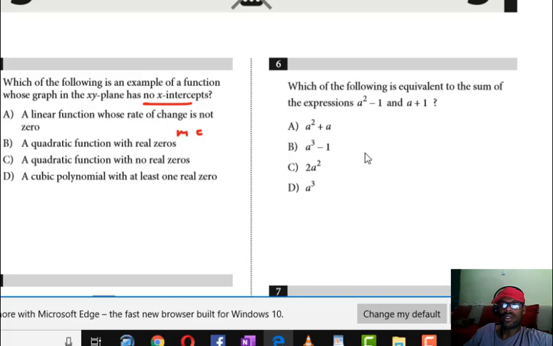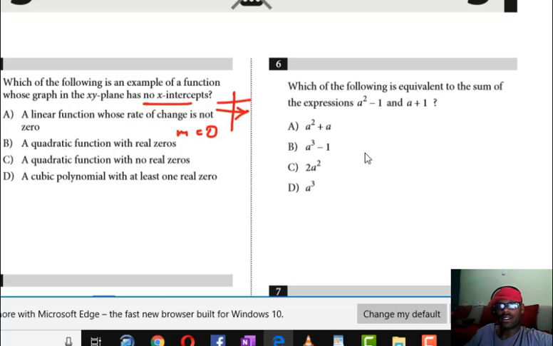Rate of change is not zero means, if it is zero, it is a horizontal line. Okay. Slope zero means a horizontal line, and a horizontal line may probably cross, okay, because what if it